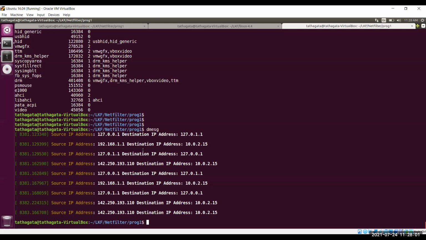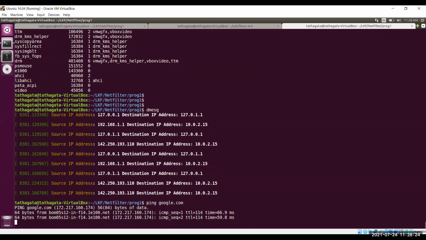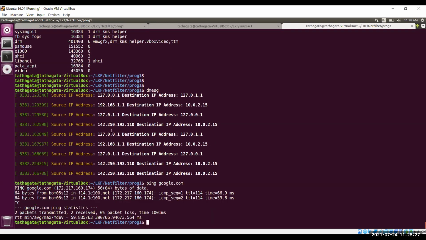Right. So when you did a ping, that is when your machine is receiving a ping reply. Is that when you're receiving the ping reply? Yes. Okay, so which IP address are you trying to ping? We are trying to ping Google, google.com. So now it is 172, it has changed, but earlier it was 142 something. Okay, so now in dmesg we will see 172.217. Yes, but now I have removed the kernel module. But yes, you can see that also.